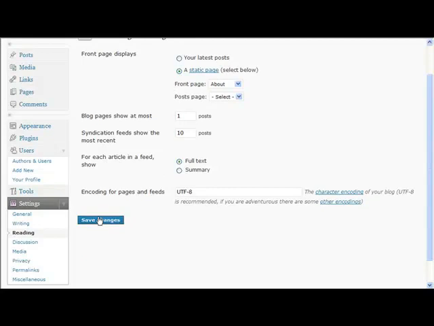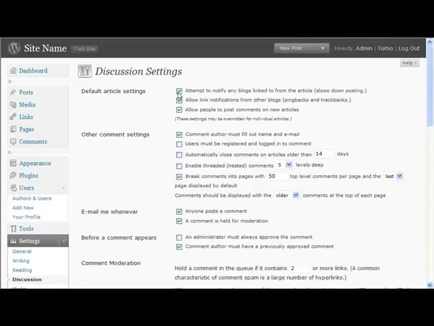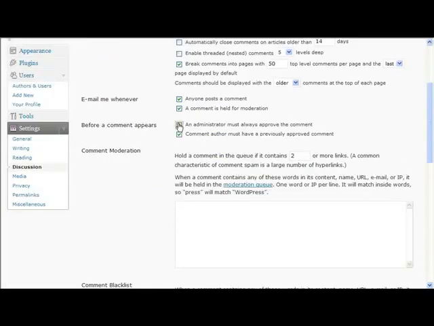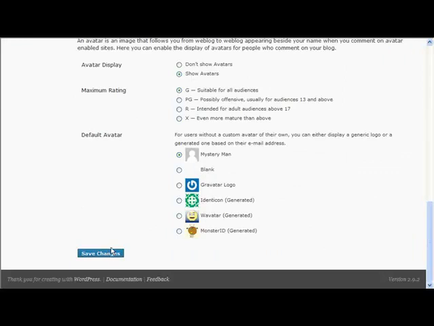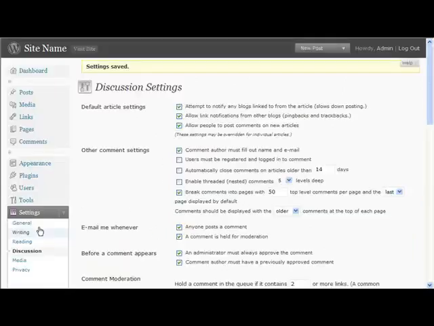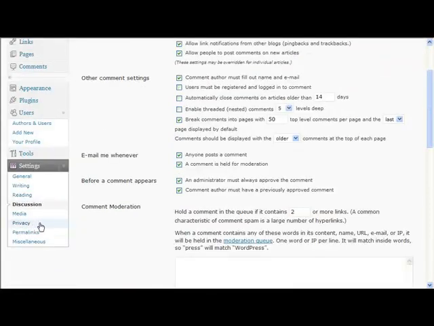Then we save changes. Okay, now under discussion over here, our next settings. Again, most of these you can leave as they are. The only one I'd change is this one. Always check this box, and it just means that you're not going to get any spam comments at all. And then save the changes down the bottom here. If you don't do that, then people can get comments through. What some spammers do is they'll make 1 or 2 reasonable comments, and then when they realise they're allowed to make any comments and they don't need to be approved, they'll start